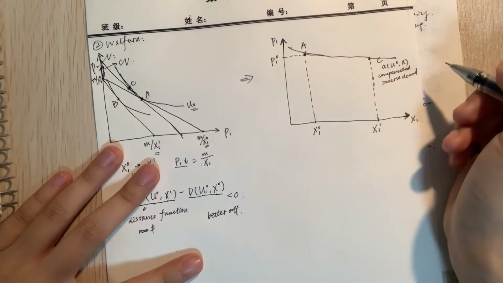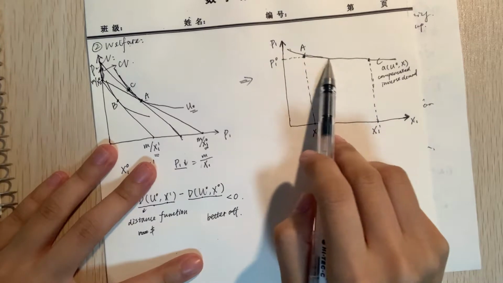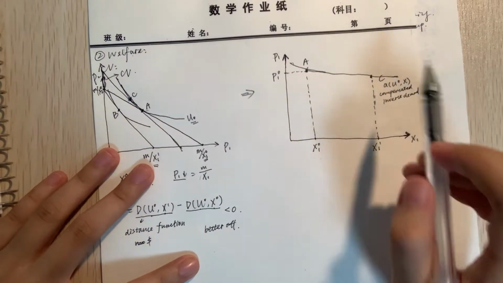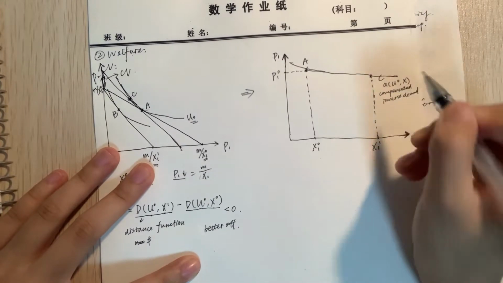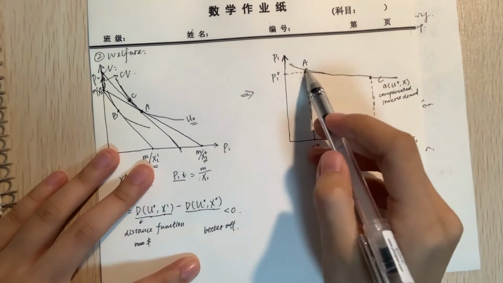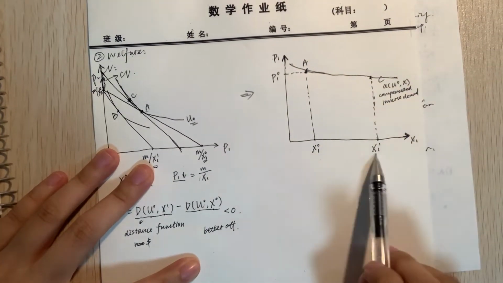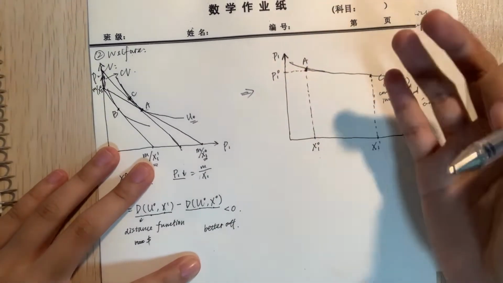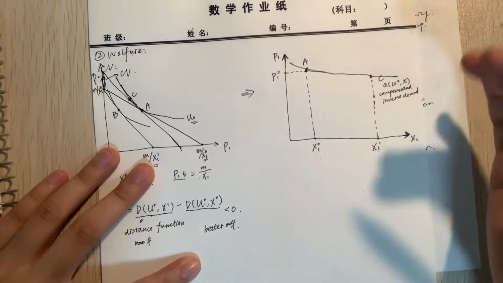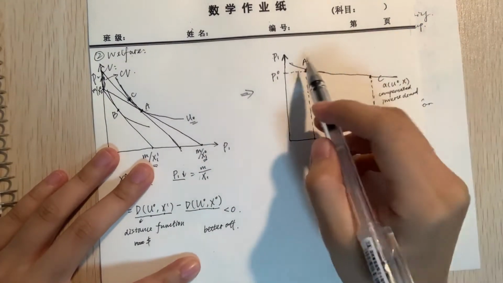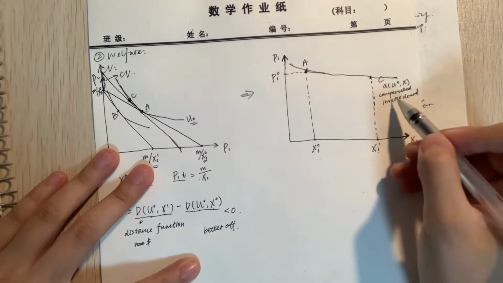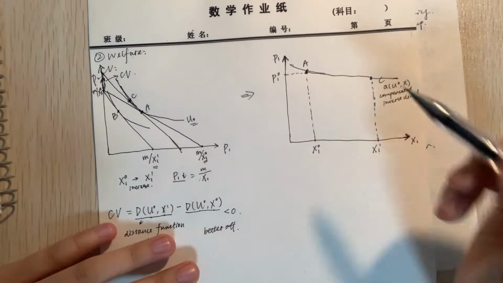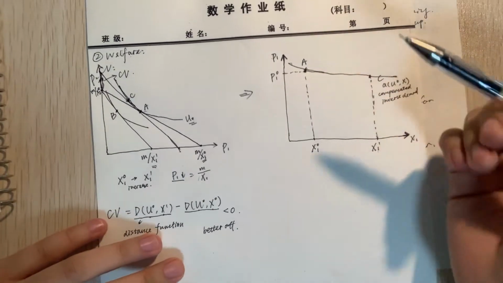Why is it compensated? Because along this demand curve, what is unchanged is actually the utility level, but not the budget constraint. So at each level of the quantity, you need to take away the consumer's money or give him money to remain him on the same level of utility. So we call it compensated inverse demand, okay? And what is CV here? It should be